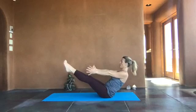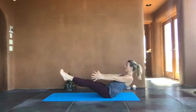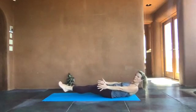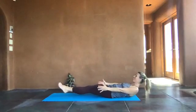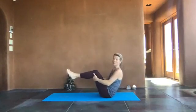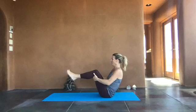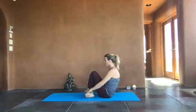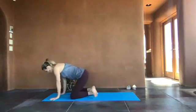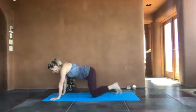Work the fire element. Now, from here, we're going to slowly lower and just hover. Some of you might find yourself just collapsing all the way down. It's all okay. And then you're going to lift it back up. Hold the knees in. That was it. We're just going to do one. Okay? And then we'll cross our legs and roll over, and you can walk yourself back to a half dog